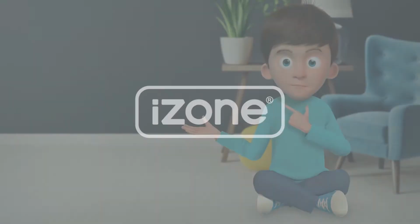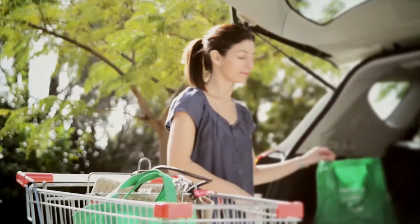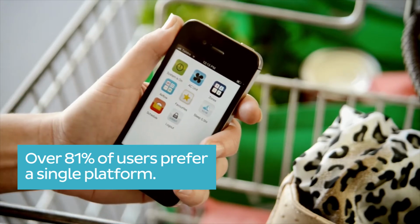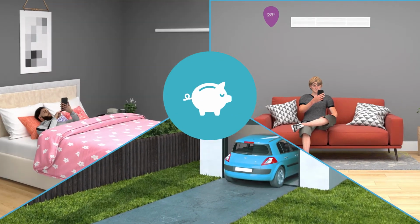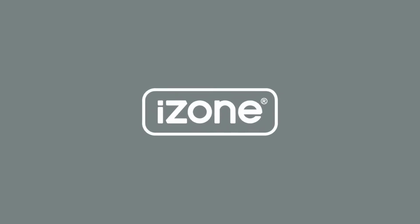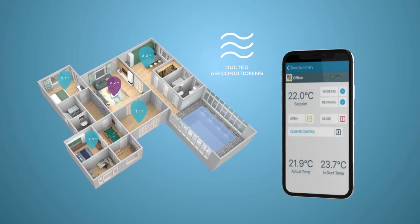Smart homes are the future, and this is what the future looks like. 81% of potential or existing smart home users prefer a single integrated platform rather than multiple independent control points. But installing an integrated smart home system involves a significant initial investment, which is turning homeowners away despite its many advantages. The Izone Smart Air Conditioning System transforms any ducted air conditioner into a smart home at a fraction of